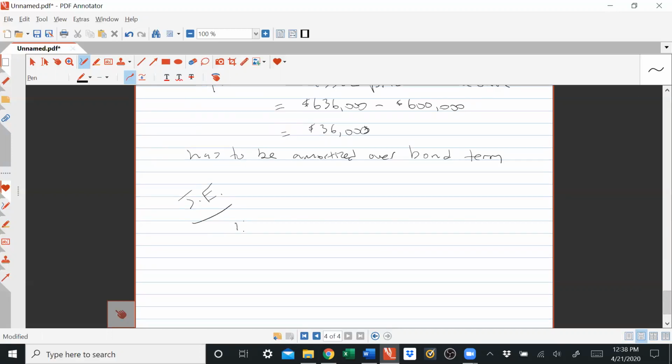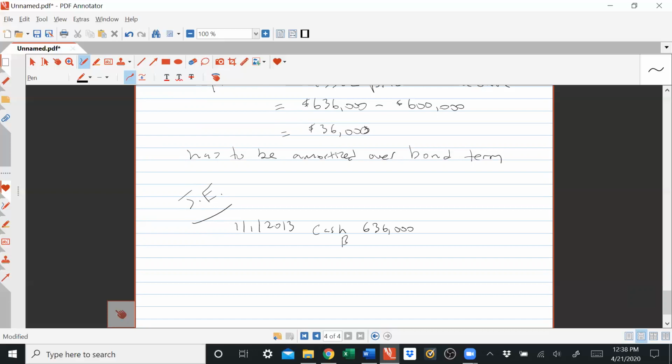When we issued these bonds on 1/1/2013, Eaton was the borrower. We gave this bond certificate, which is essentially a promise to repay the lender. It's just a promise to pay the lender a lump amount at a future date. When we did that, we received $636,000, and so the journal entry: debit cash, $636,000,